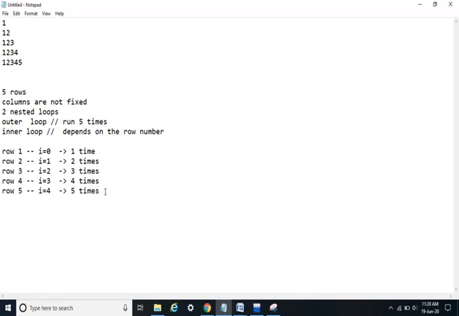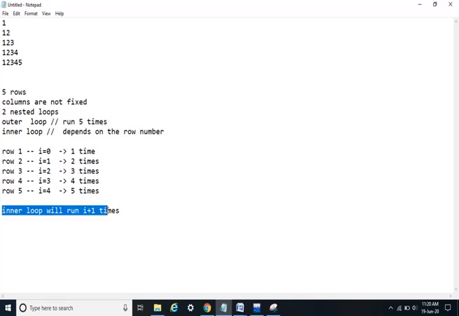So from this we can conclude that the inner loop will run i plus 1 times. We can clearly observe for i equals 0, inner loop will run 0 plus 1, that is 1 time. For i equals 1, 1 plus 1, that is 2 times. For i equals 2, 2 plus 1, that is 3 times, and so on.